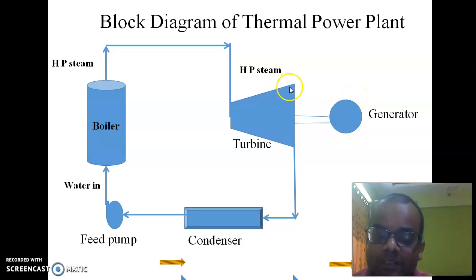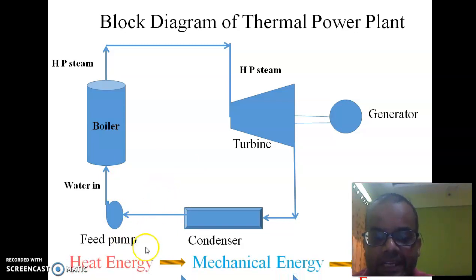Now the steam coming out from the turbine blades will pass through the condenser. The condenser is nothing but the heat rejection process, where in a cooling tower fresh water will be sprinkled on that steam. So the condensation process takes place, and that steam will be converted into water, and by using the feed pump, that water is recirculated into the boiler.